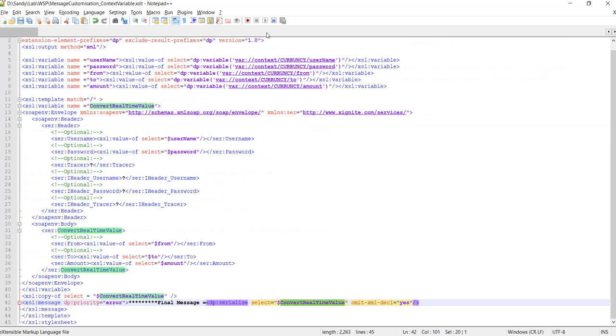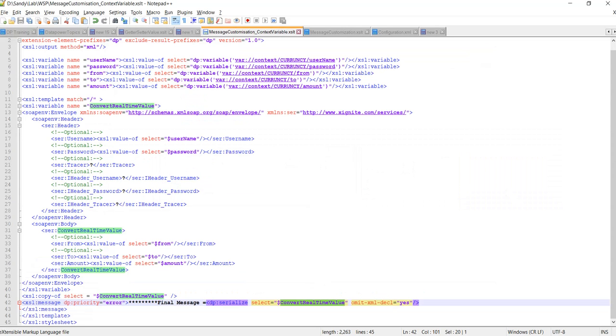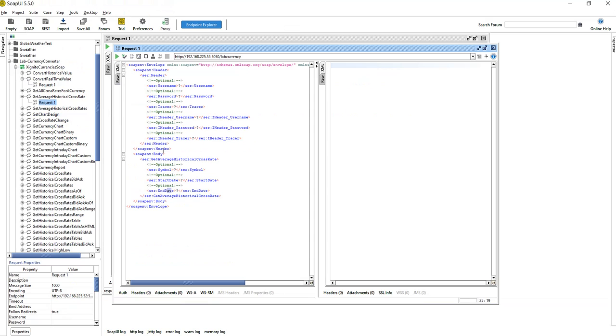And in the message here you need to get the value of all these elements which you set here for start date, end date and symbol, and you need to construct one more variable like this. For this you have convert real time. Another variable you can create, get average historical growth rate.